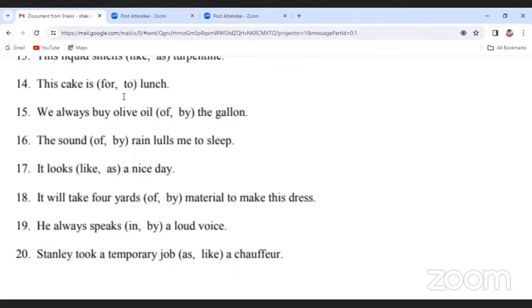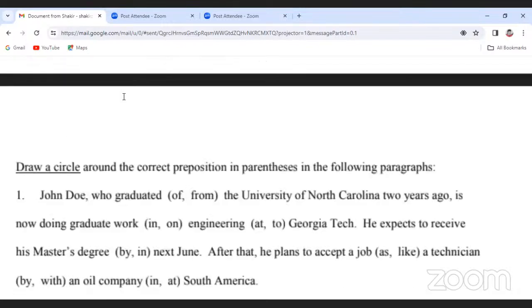Number 19. He always speaks dash a loud voice. In. Yes, in a loud voice. In a loud voice is the correct answer. Last one. Stanley